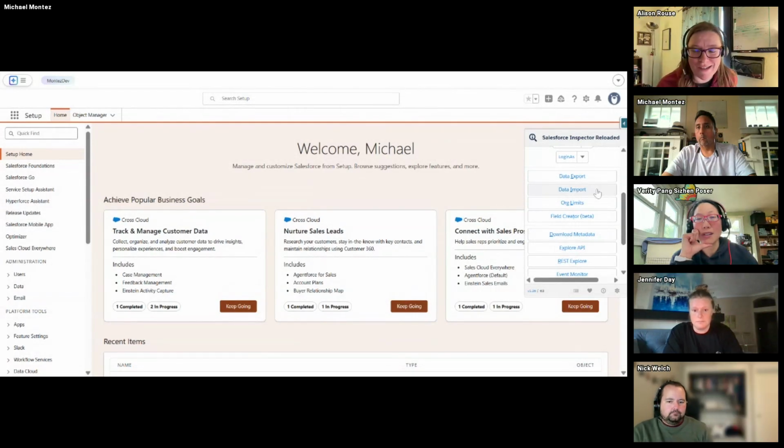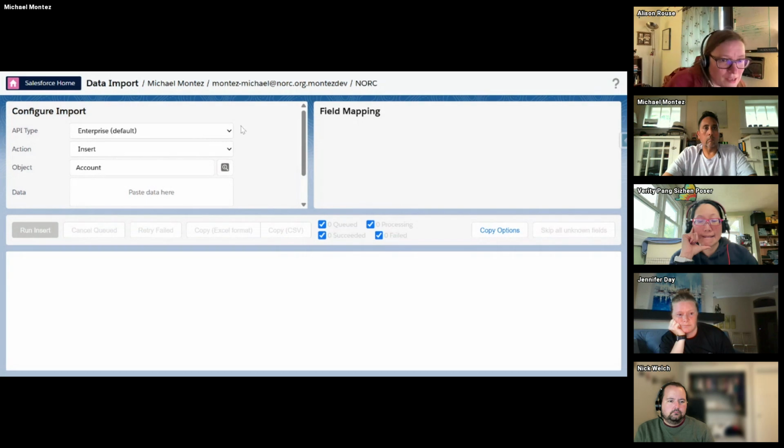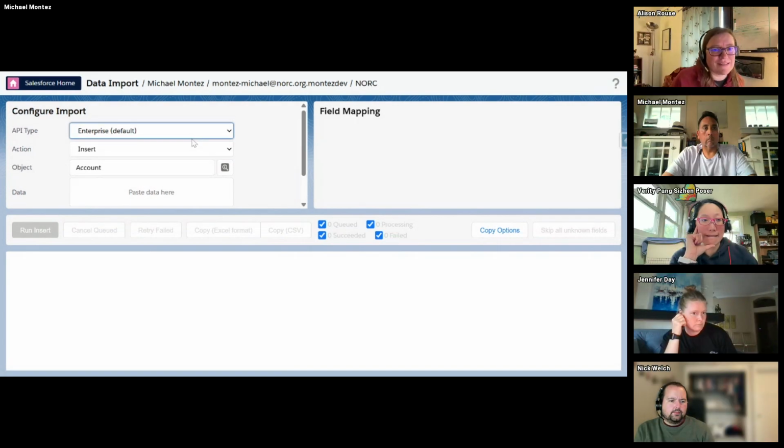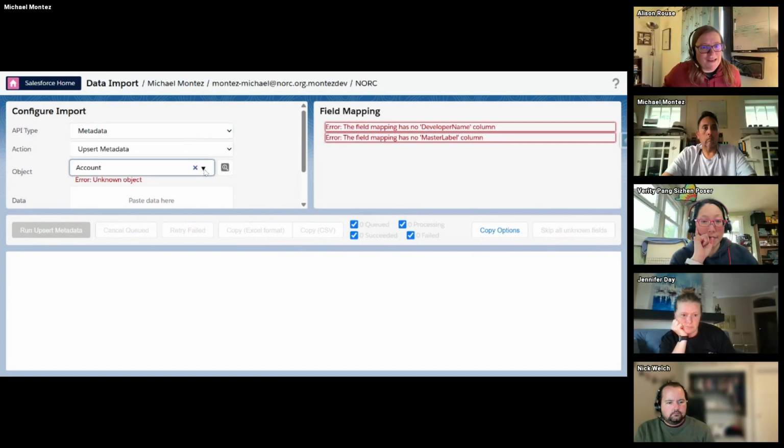So if you go to data import, and then you can select, I think it's under action. API type. Or no, API type, yeah. If you click that drop down arrow specifically. Oh yeah, there you go. Yeah. So you can upsert metadata,